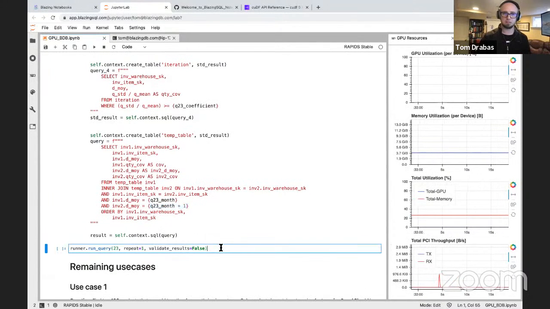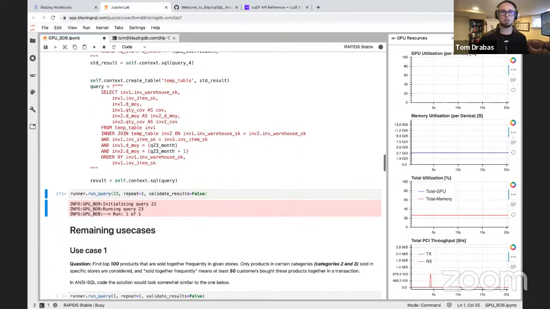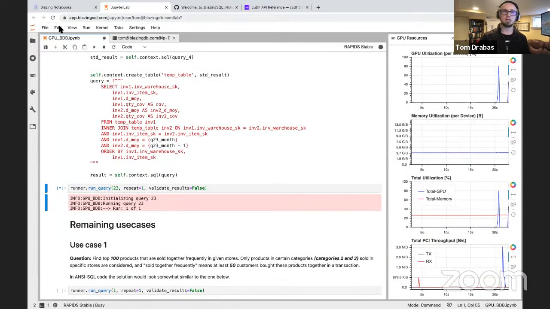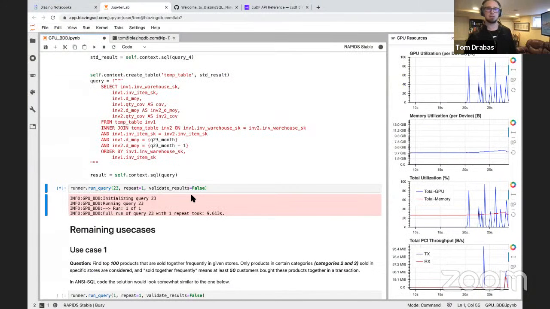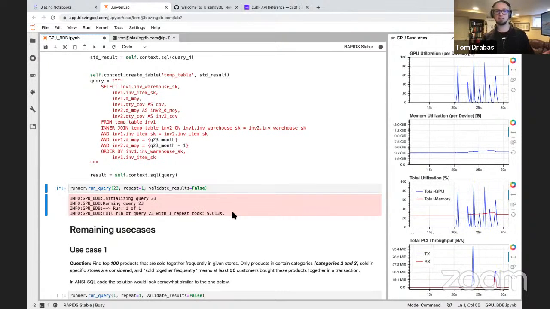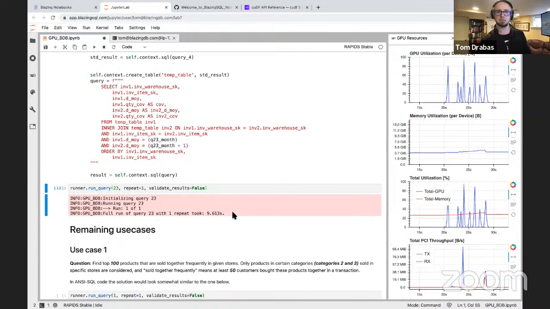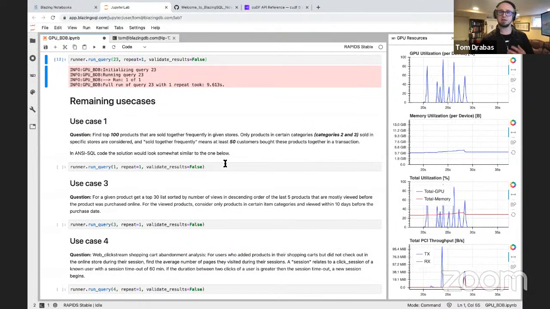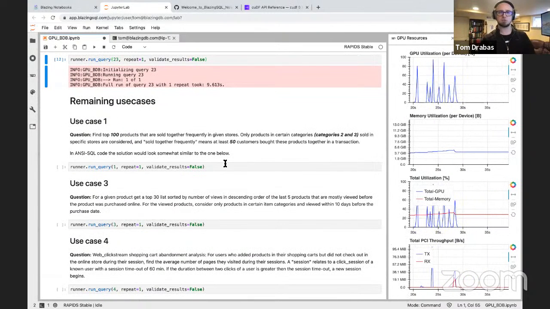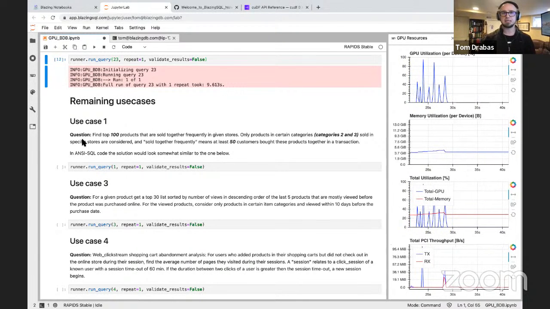So we can run this. That should be actually also quite quick. And in the meantime, I will start this while we talk about that. Okay, so that took 9 seconds. Most of the other use cases, if you scroll down, you can see that most of